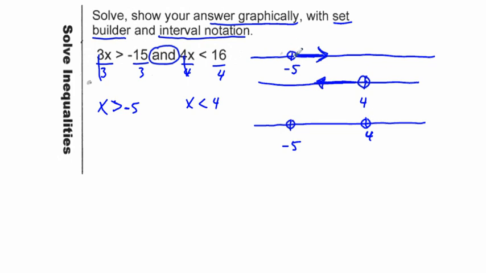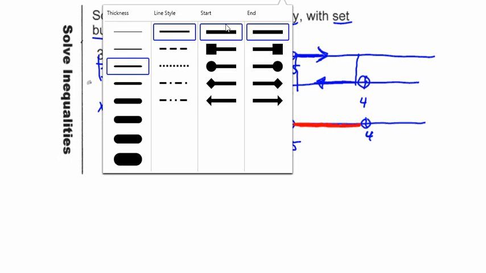The only place we have in common is this interval between negative 5 and 4. And so we are just going to color in between negative 5 and 4, but not touching negative 5 or 4. Okay, that's going to be our